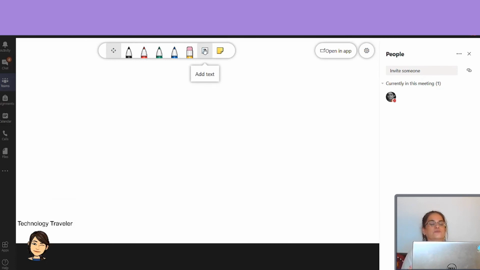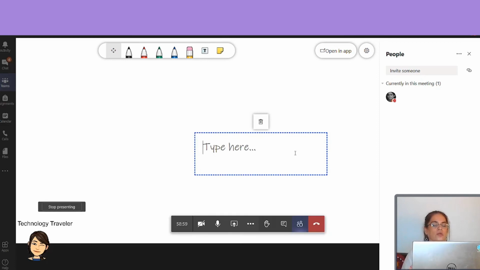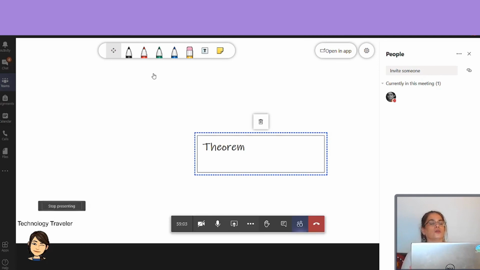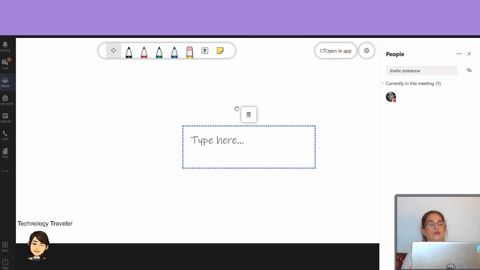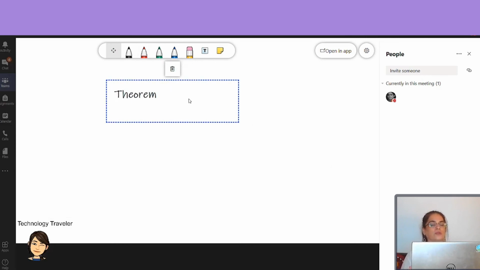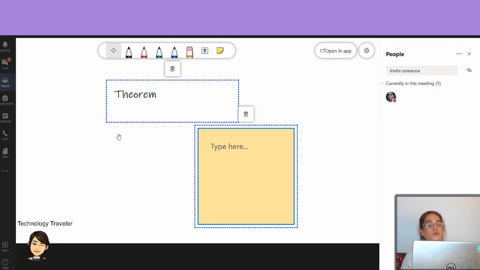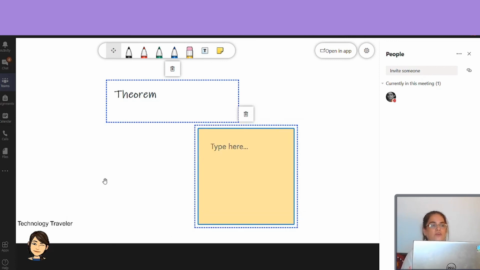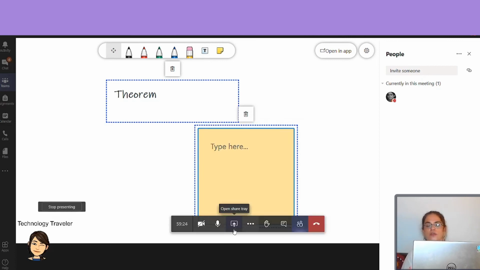So obviously, as expected, you click on add text and you can type whatever. Supposing you were teaching theorems or anything. You can even download. The best part of this board is that not only are you typing on the board, you can use pens, you can use typing, you can use eraser, you can use sticky notes, anything. You can also bring in some ready-made files on the board, like a PDF file or a Word file, just by clicking on the share option. So you can use it along with the share option of any other file.